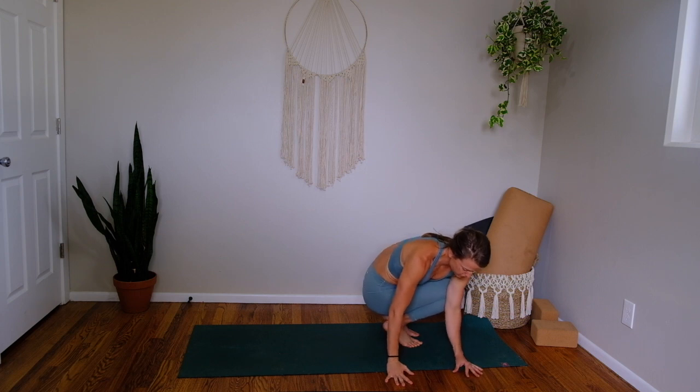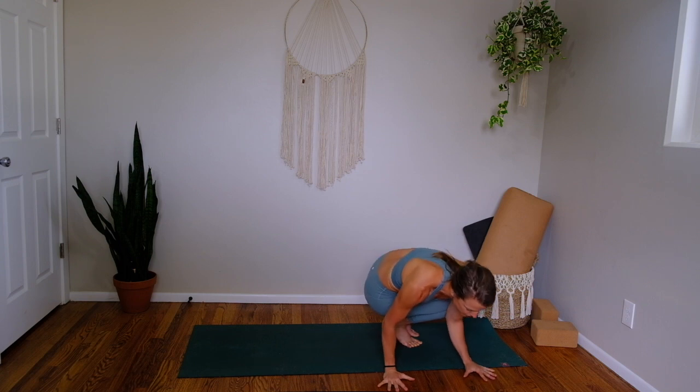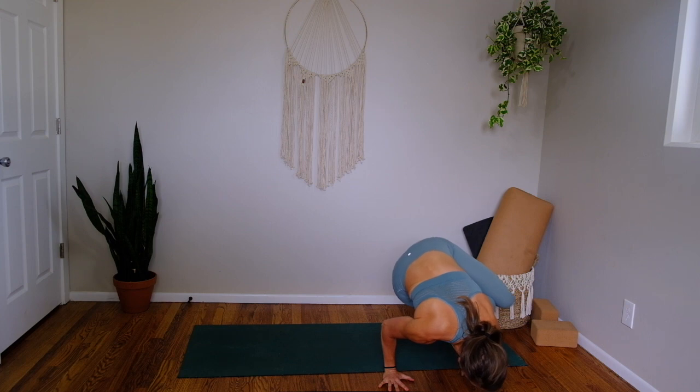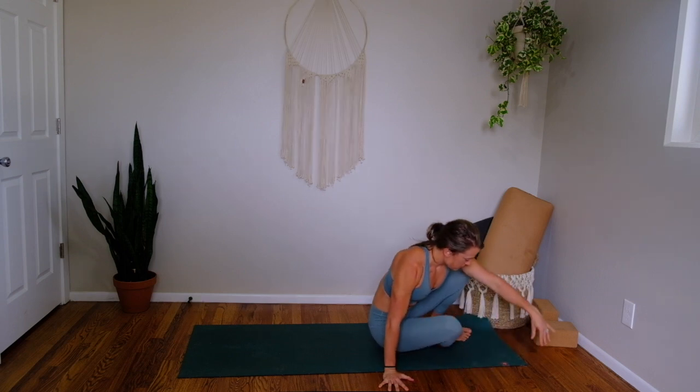Start to shift your weight forward into your fingertips, most of the way through the knuckle of your index and thumb finger. So lift your chest up and forward as you shift your weight, and eventually your feet will pop off the mat. Stay for 3 breaths. Try to extend longer from tail to crown of head for 2. 1 more. Inhale. Exhale, lower the balls of your feet to the mat, and then let your knees open to